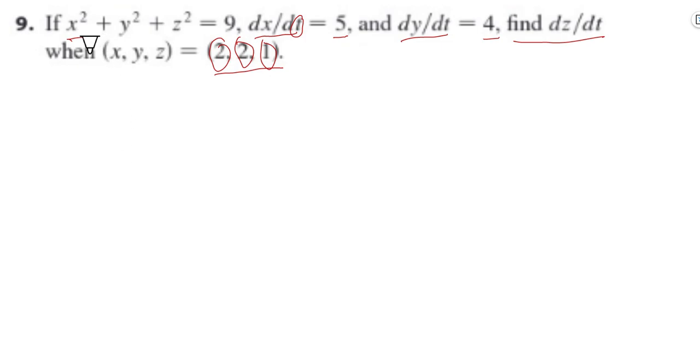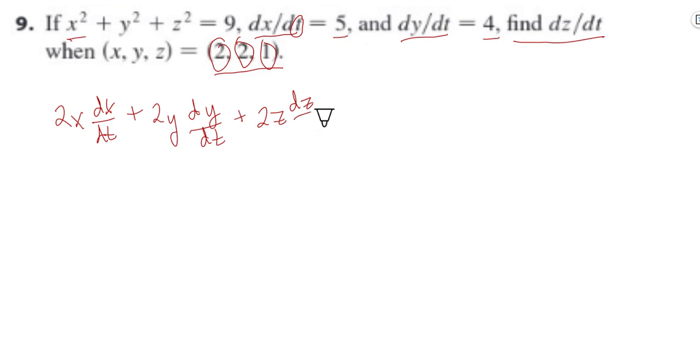The derivative of x squared, just like we did last time, is going to be 2x dx/dt, the derivative of x with respect to t, plus 2y to the first power, the derivative of y with respect to t, plus 2z, the derivative of z with respect to time, and that all equals